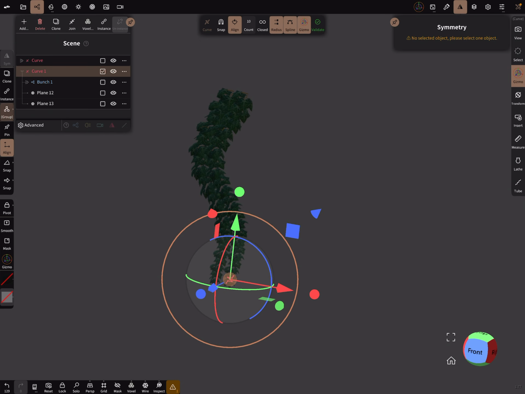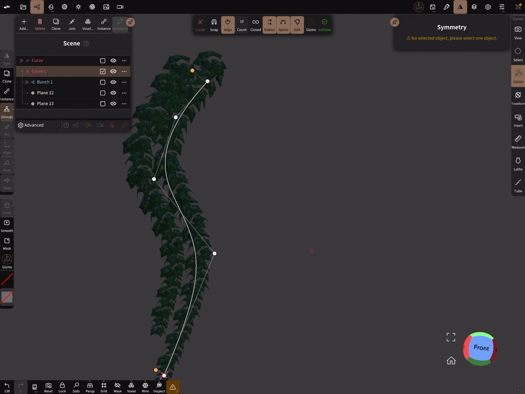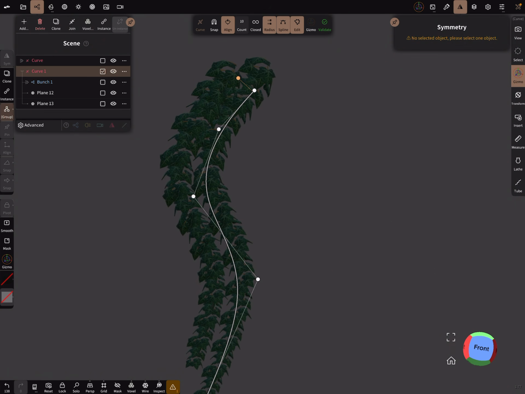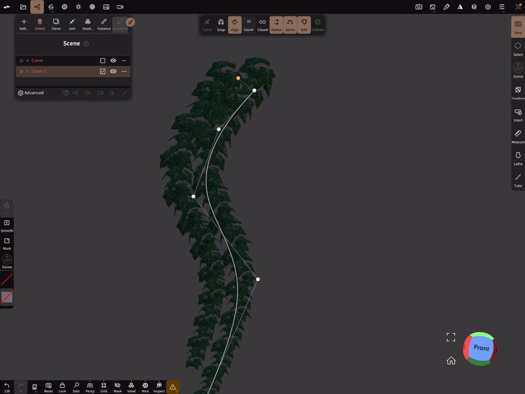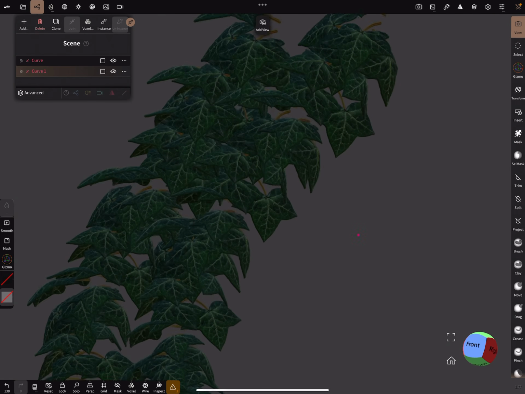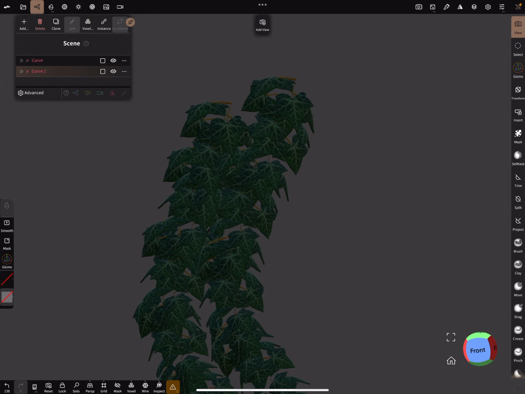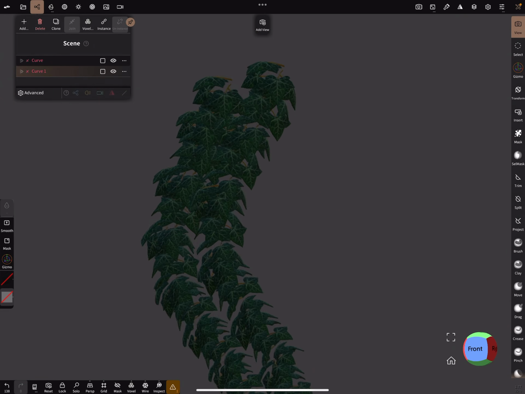Curve, radius, gizmo, and here you can now... okay, let's see if it looks nice. Yeah,